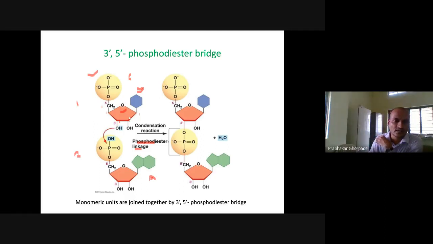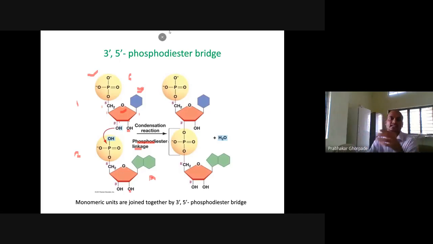And this sugar is a ribose sugar. This one is not deoxyribose sugar. If you want deoxyribose sugar, then we have to get rid of this O here. So instead of OH, there will be only a hydrogen atom. So that is a deoxyribose sugar. But this is the mechanism of how one nucleotide joins with another nucleotide, right? Joining. So 3' 5' phosphodiester bond. So this one is a backbone.